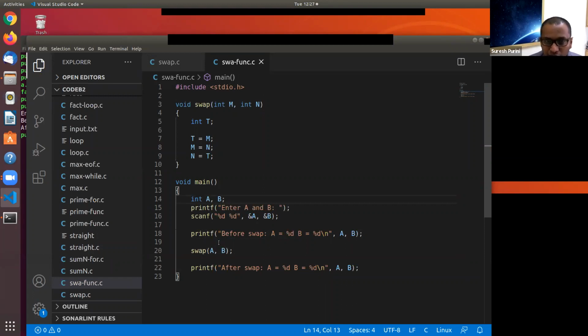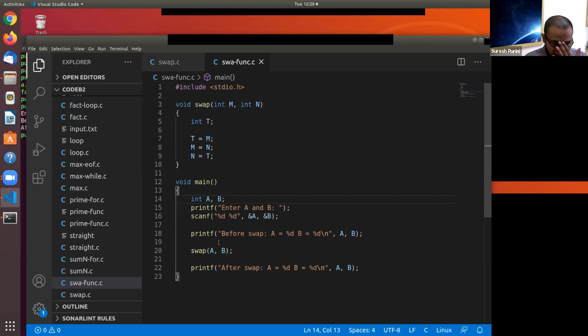No, we cannot write int M, comma N otherwise. Maybe it's possible, I don't know, you just check. The scope of the variables A and B is main. You cannot access the variables A and B beyond the function main. And what is the scope of the variables T, M, and N in the swap function? It is within swap. These variables are not visible outside swap.